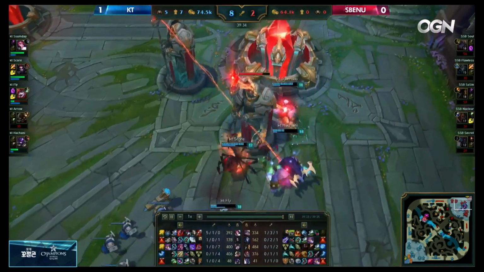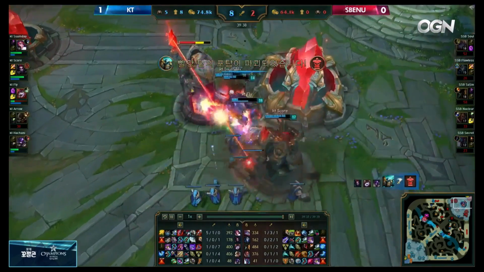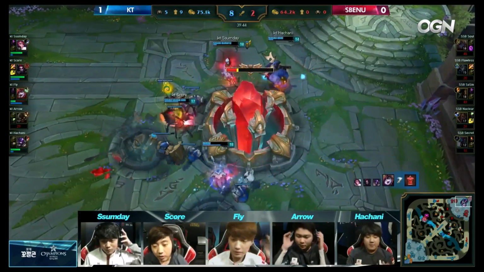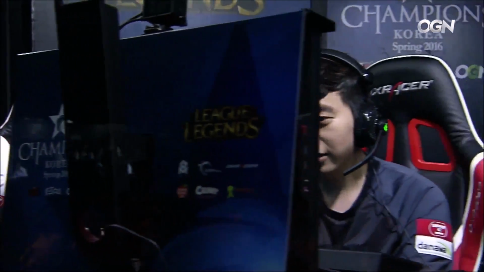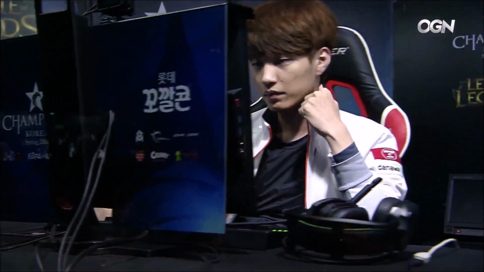Get the 5th Dragon. And we do see SBENU try and engage Saucin with a teleport flank. Not sure why Soul was not the one doing that. Really weird. But as soon as they finish that Dragon, Someday simply TPs in, clears out the back of the fight with the 5th Dragon buff, and that is going to be the end of the game. KT play a very clean game of League of Legends. Extremely clean. Pretty